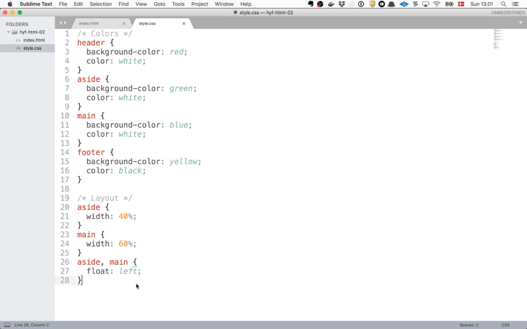The point is, if you float something left, it's going to stick to the left. If you float something right, it's going to stick to the right. But if you float something left and the thing next to it is also floated left, it's going to stick to the thing that's left of it. So you have the same result. But if there's space in between, it will make a difference. So let me just show you that.